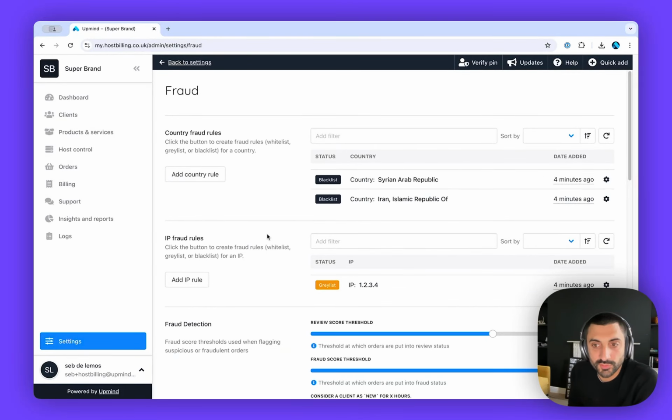We've rolled out a load of new fraud features, which I'm going to run you through now. So just to explain what was there before, you have two categorizations for frauds. You have a reviewed order, which allows the customer to order and pay, but then it doesn't activate the service until the review's been accepted. And then you have a frauded order, so an order that's marked as fraud, and that prevents payment of an